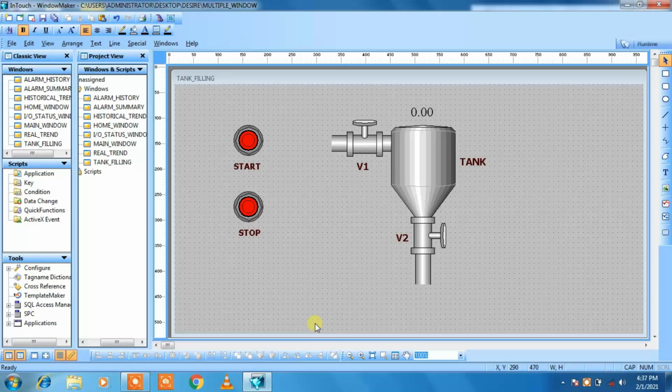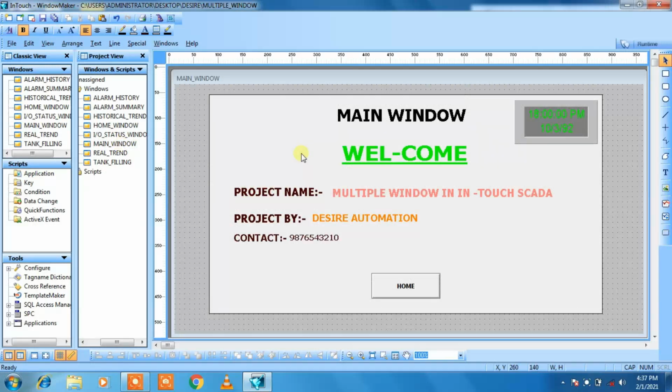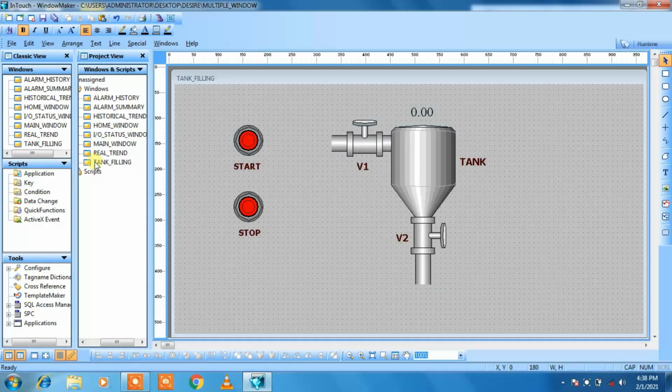We have done all the things, but in our previous window we had taken a white rectangle and a clock. So we will take this rectangle and clock in the tank filling window also.